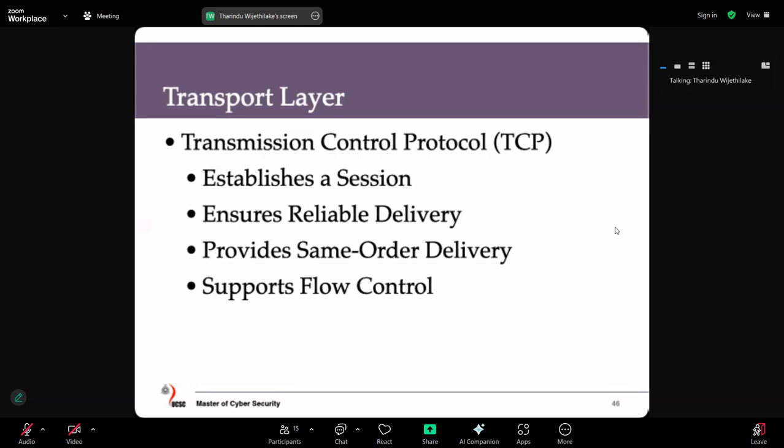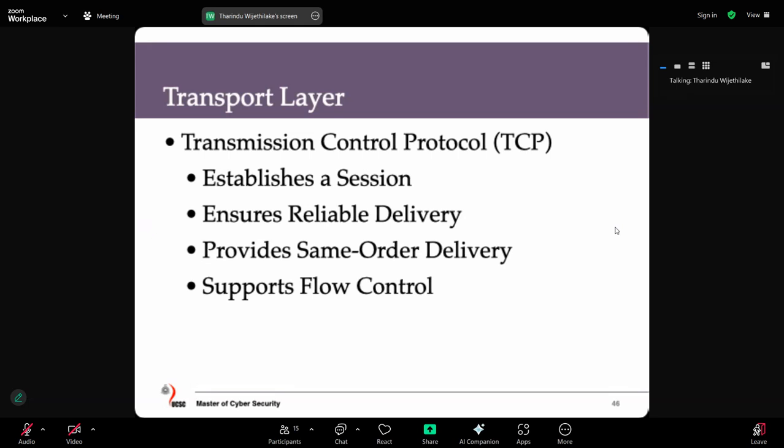So it will increase it exponentially. Like first it will send one segment, then two segments, then four segments, 8, 16. Likewise, it increases in an exponential way. And once it detects that there's a collision or a congestion, then it stops there and comes back to a stable level. So there are different congestion controlling mechanisms, slow start kind of mechanisms, and we have different